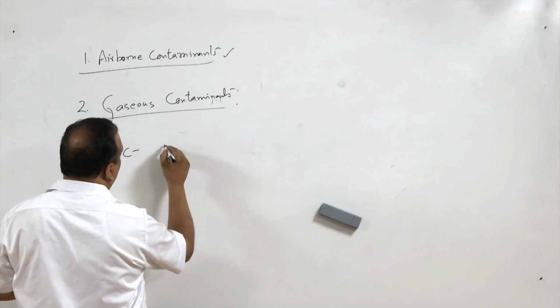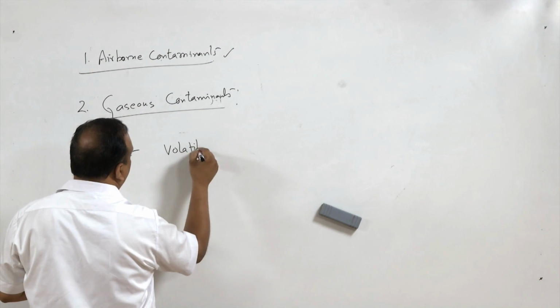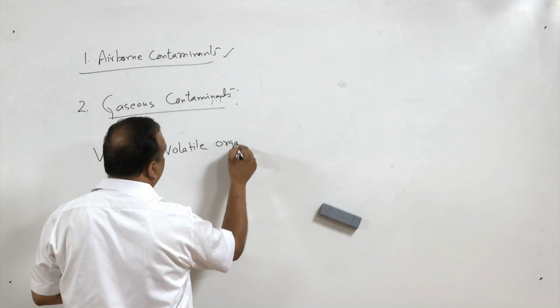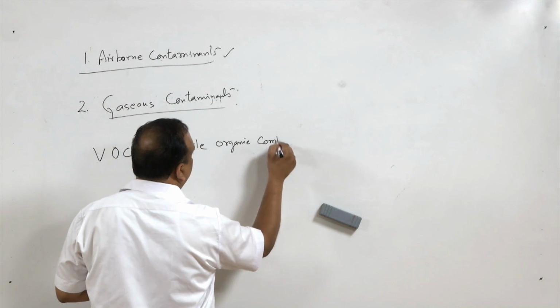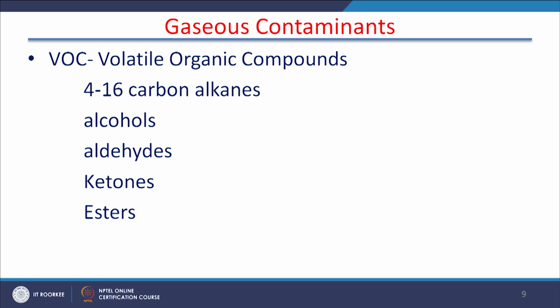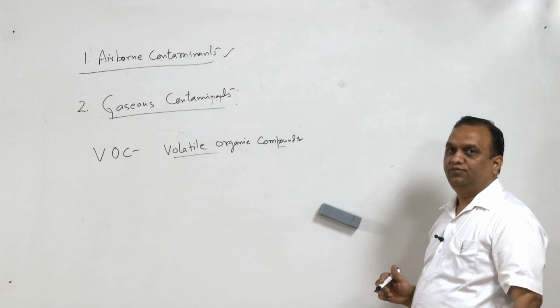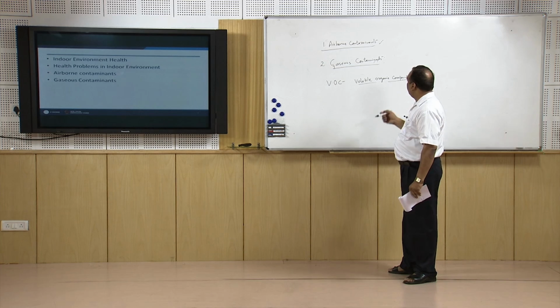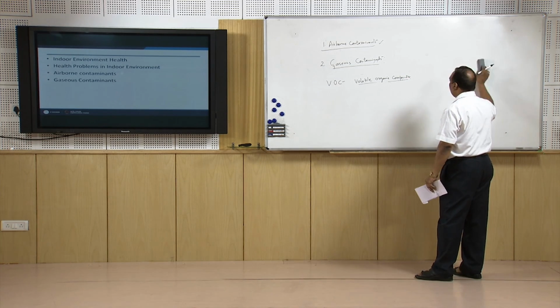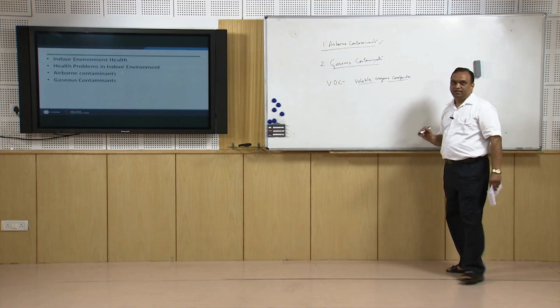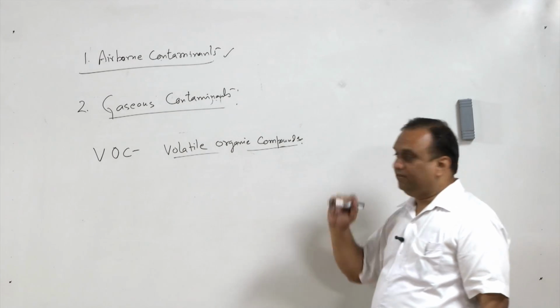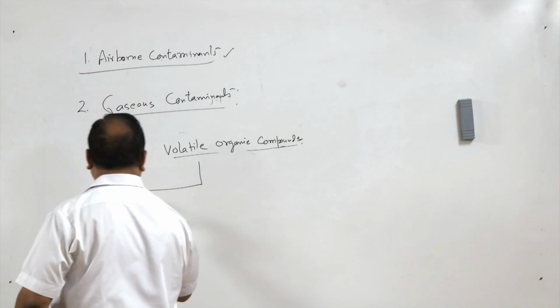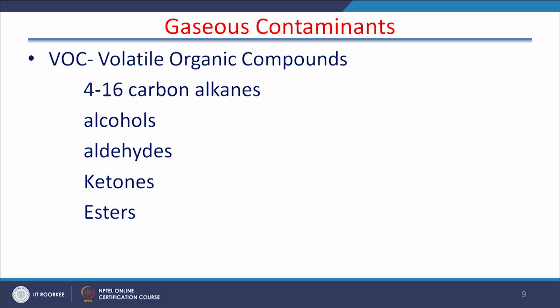This is volatile organic compounds. Now volatile organic compounds are very harmful to human health, right? So in any building, especially where a source of volatile organic compounds is there, they have to be removed. They make the air sick, and there are a number of volatile compounds, for example,